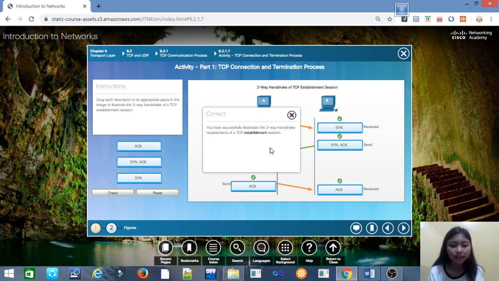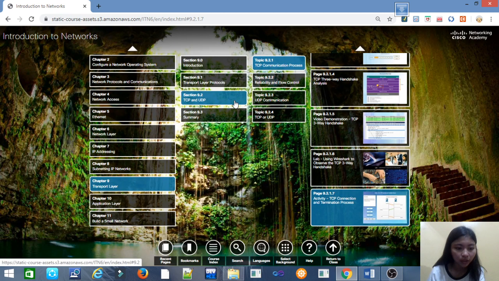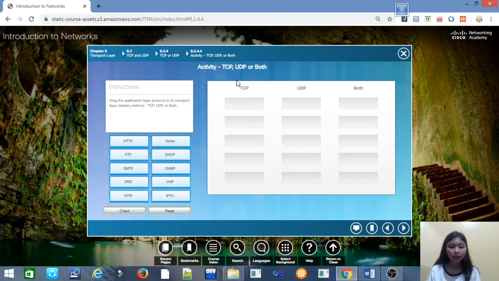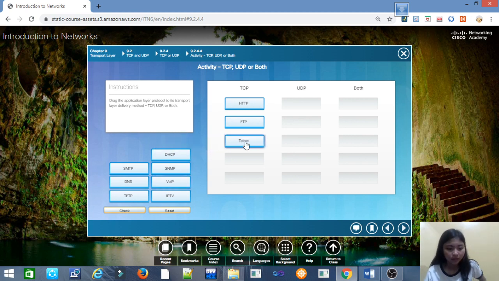So for the next activity, 9.2.4.4. Now, TCP, UDP, or both. So for the TCP, we have HTTP, FTP, Telnet, and SMTP. For the UDP, we have VoIP, DHCP,